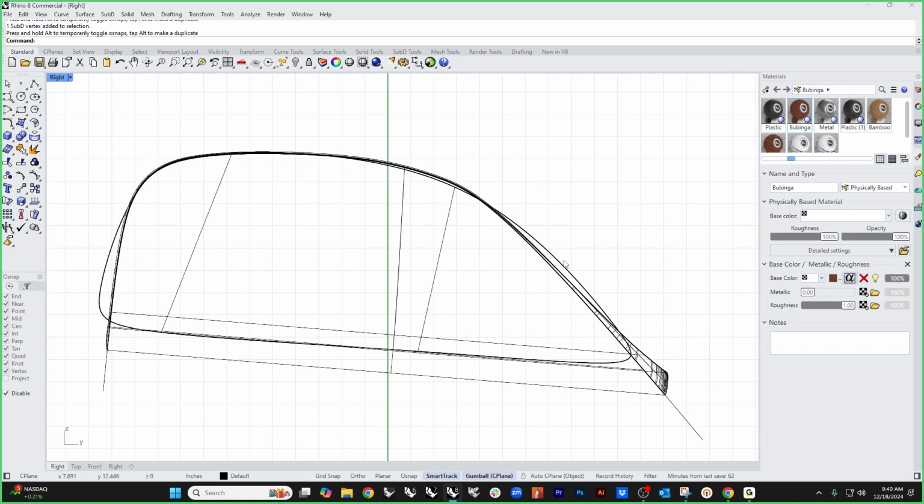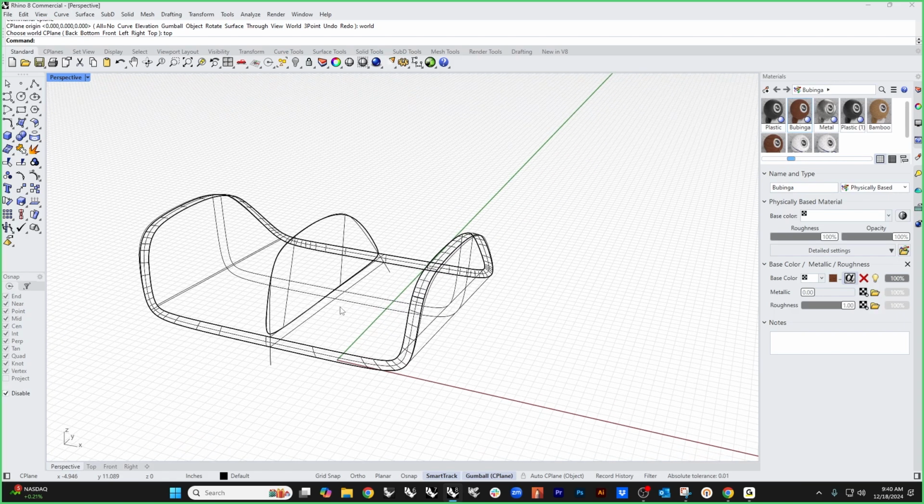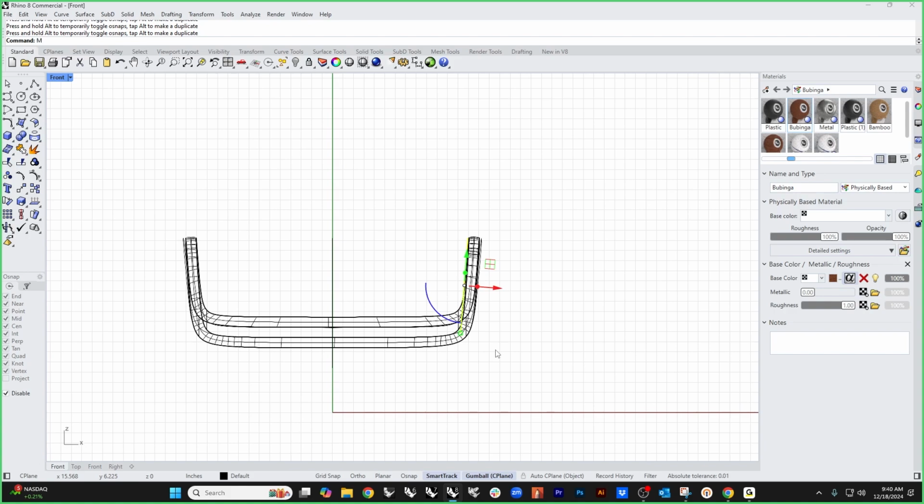So I'm going to pull this up like that, and I'm going to let that poof out a little bit. I'm okay with that because the seat bottom and the seat back are going to kind of mush together, which is nice. So I'm going to take this and move it over here like that, and then rotate it just a little bit, and I'm actually going to smash it right up against the base there. I'm going to mirror this,